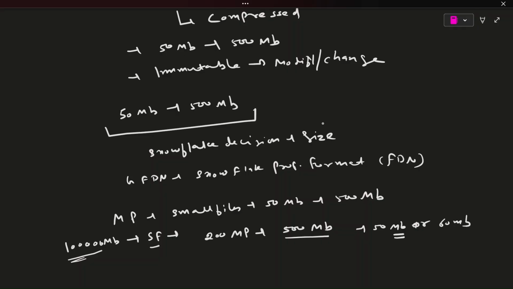But do you think if Snowflake starts with 50 MB, how many micro partitions will there be? A lot of partitions. Probably 2000 micro partitions. If Snowflake decides to go with 50 MB, then for this 10,000 MB size,